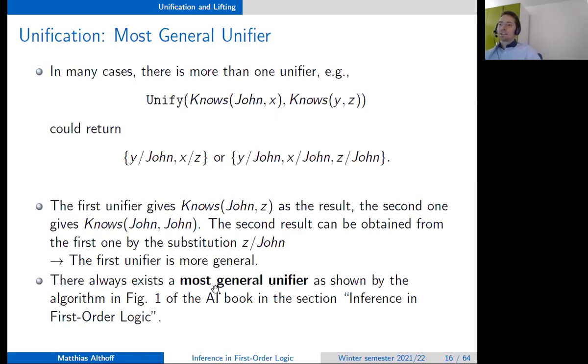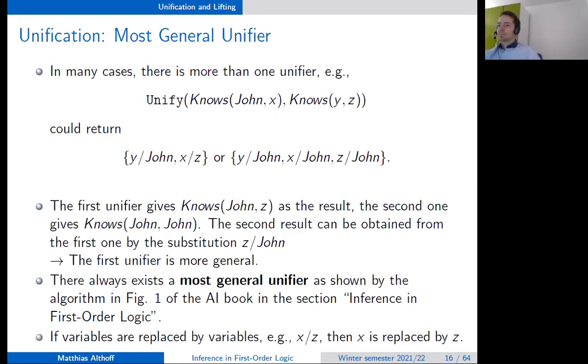And there exists this algorithm for the most general unifier, which is in the AI book. Maybe you just have to check whether it's still figure 1 in the 4th edition. Was that the case in the 3rd edition? If you see that this is not correct anymore, just let us know. But that's what you usually want to have.